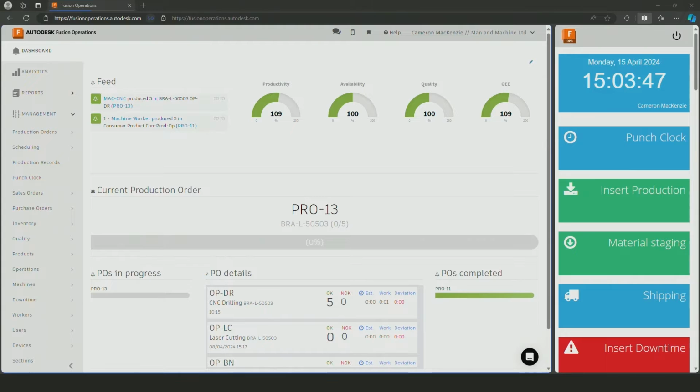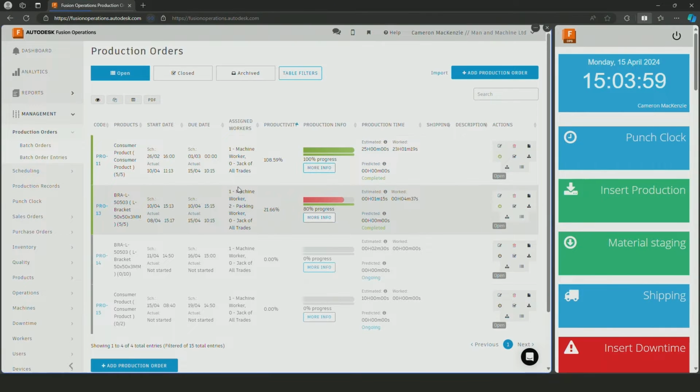So within our current setup, we have a few production orders that have gone through in the background. If I go over to our production orders tab, we can see that we've got a few productions that are waiting for action, and some of those that have already had some action against them. So we've got the ability directly from inside here, not only to view at a top level the different jobs that are potentially required against each of these production orders, but we've also got a dashboard available to us with